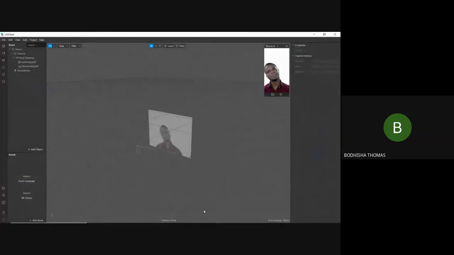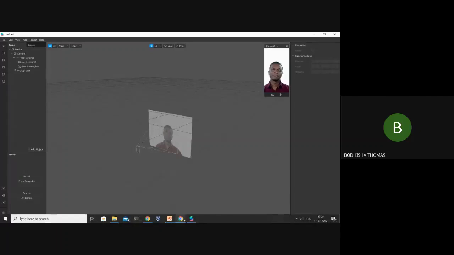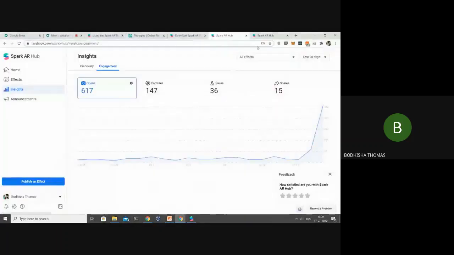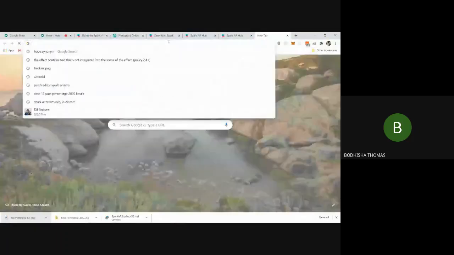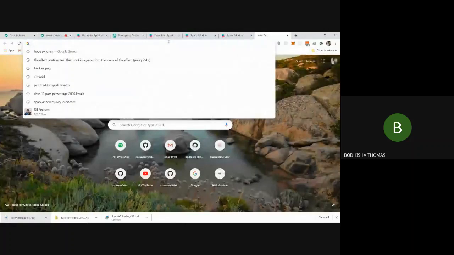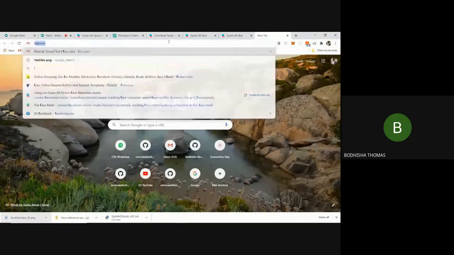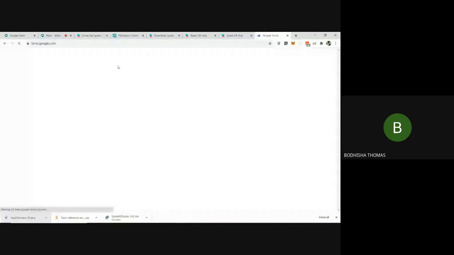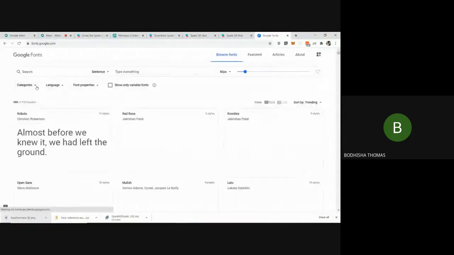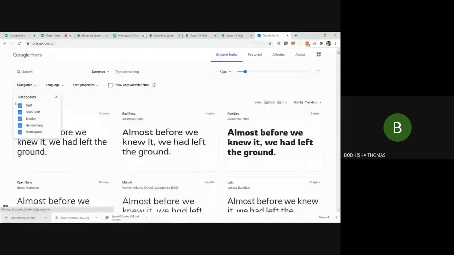Before going on to creating our effect, we'll see how to add custom fonts. For that, I'll download the fonts from fonts.google.com. You can download your preferred font.